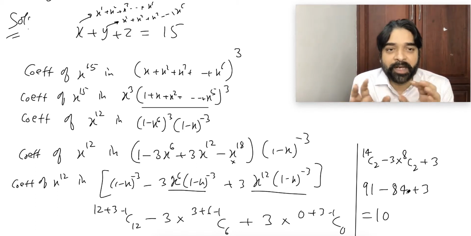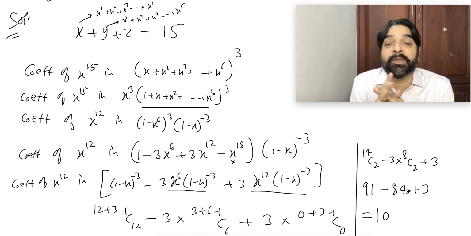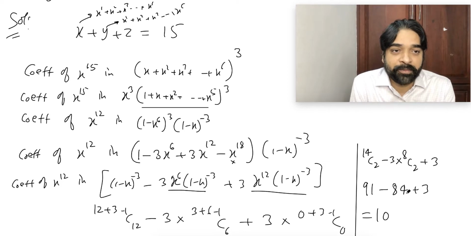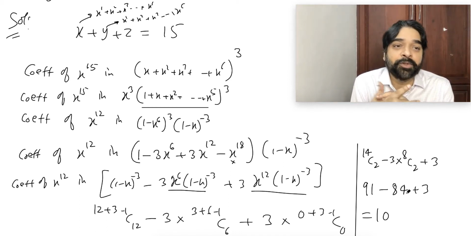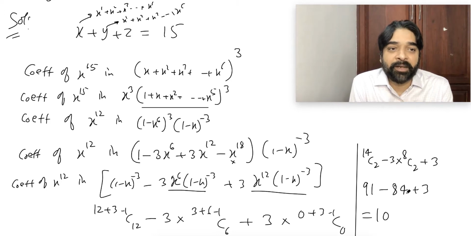But once you do 10-15 questions of practice, this will become one of your most favorite methods for doing P&C questions, because it removes the unnecessary case conditions. We don't care whether it's identical objects or different objects; it takes care of everything. It's also very much used in probability. If you have a little bit of idea about probability, such a question used to come: 3 dice are thrown, find the probability that the sum should be 10.